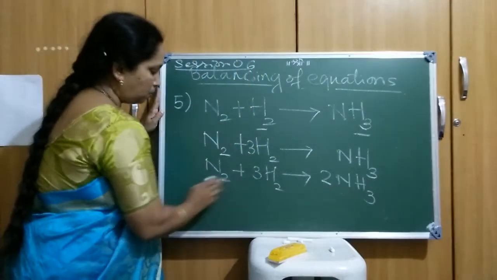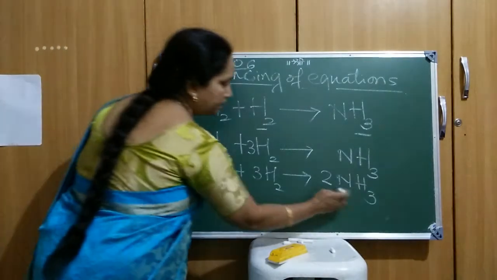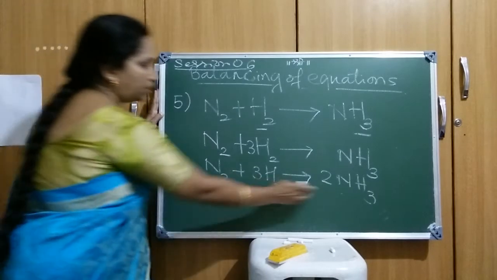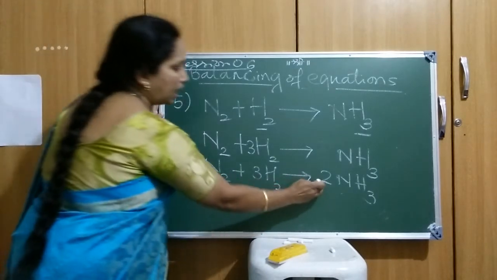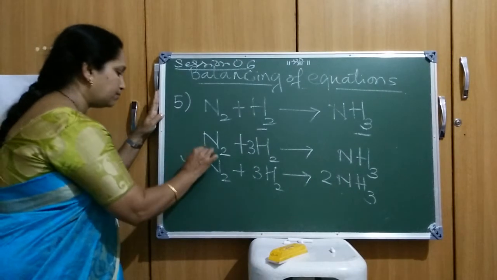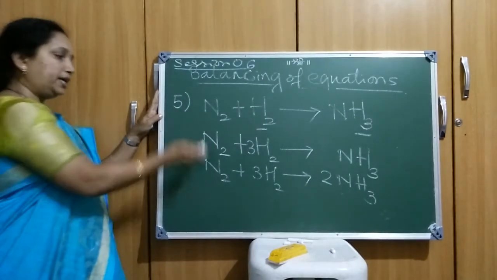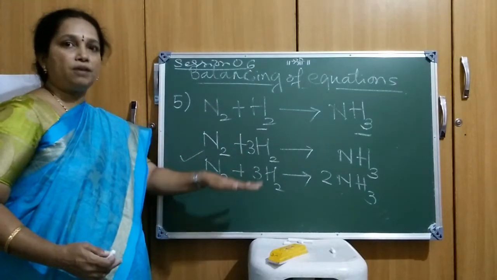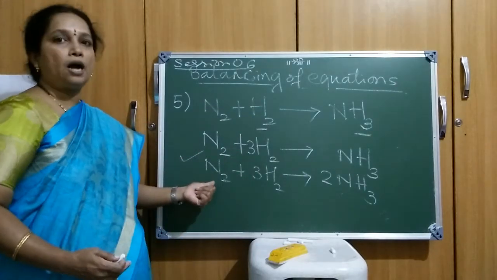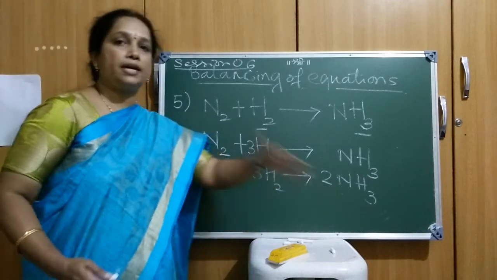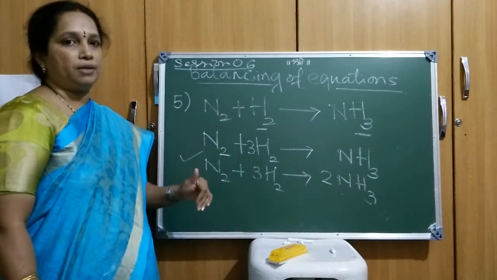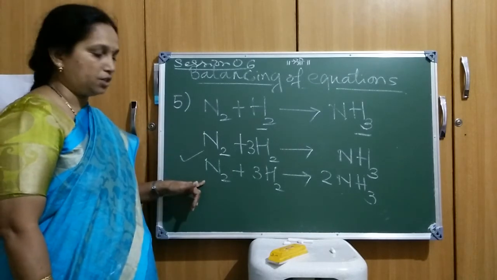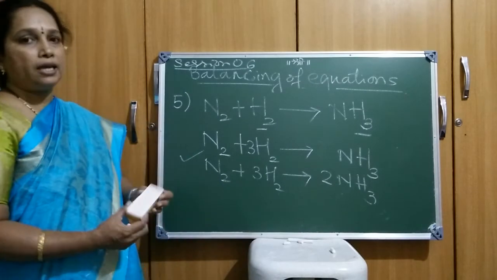Now if you observe over here, leave the N. 3H2 is there, that 3 into 2, so it is 6H, and here also 6H. What about N? N2 is already there and it is 2. So that means the equation is already balanced. So each step when you make changes in the coefficient, you observe and count on the reactant side how many atoms are there, and on the product side how many atoms of each element are there. I hope it is clear. So this is the required equation, that is a balanced equation. Then I'll move on to the next example.